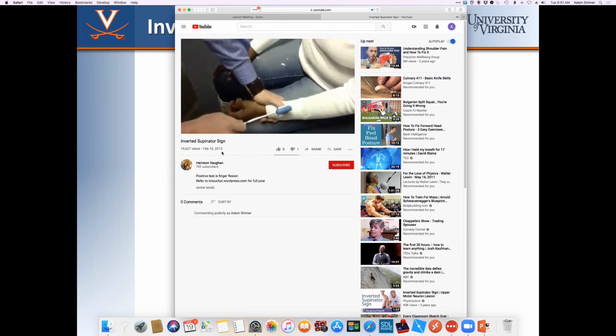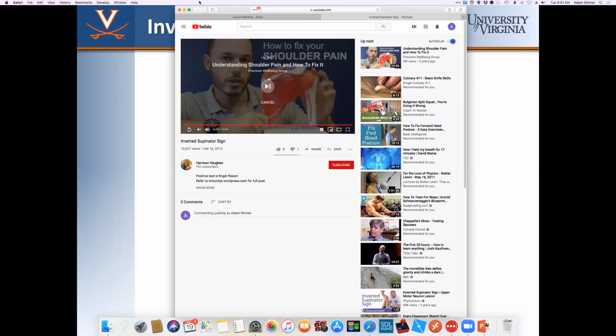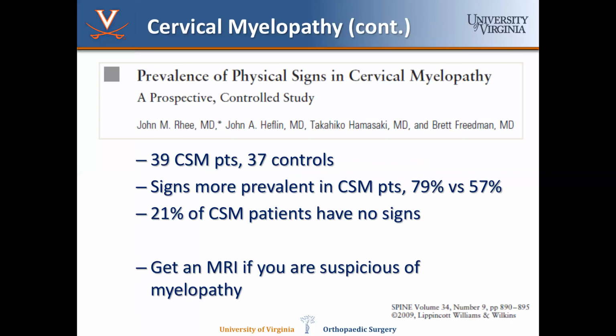So you do a brachioradialis reflex, and normally you'll have extension of the wrist, but you can see this patient has a compensatory flexion of the fingers and the wrist. So if you ever hear reverse radial reflex, I always got confused, like, does that mean you see something on the other hand, but it's that. And once you see it,